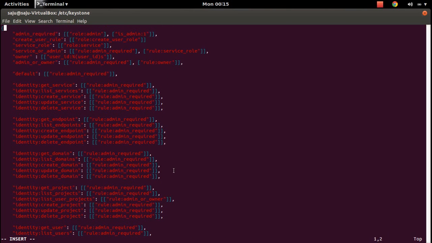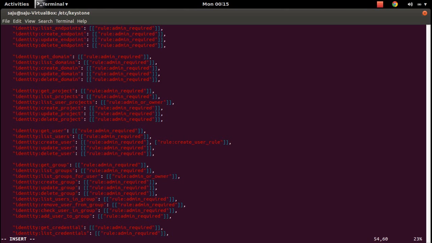This means now the user who belongs to the admin role and the user who belongs to the create user role can create another user. Save this. We don't need to restart the Keystone service. Any change in this file will be picked up automatically, so we don't need to restart Keystone. Okay, just save this file